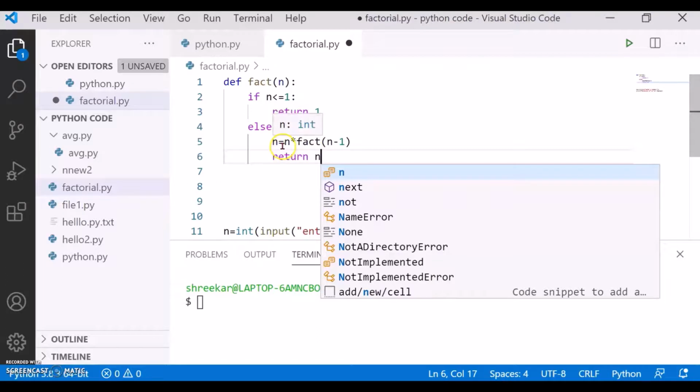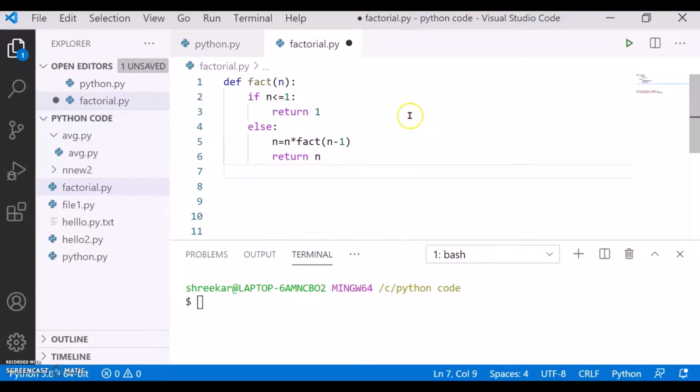So 5 into 4 into fact of 4 minus 1, that is 3, fact of 3, again this function is called. So the last factorial of 5 is 5 into 4 into 3 into 2 into 1. Okay, my code is complete now.